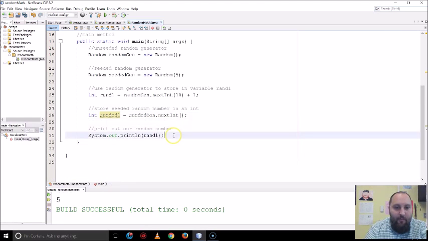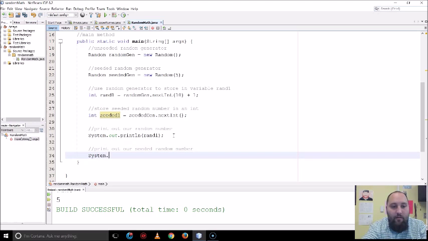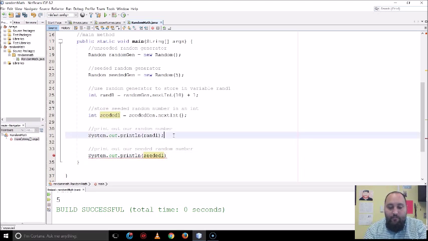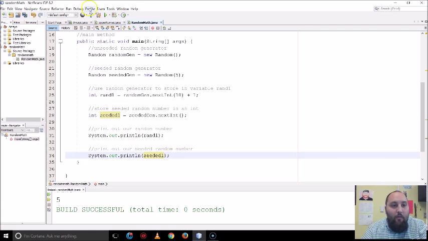Cool, right? So let's try to print this out. So print out our seeded random number, seeded 1. I may have made a mistake here, so let's just run this to see what happens,